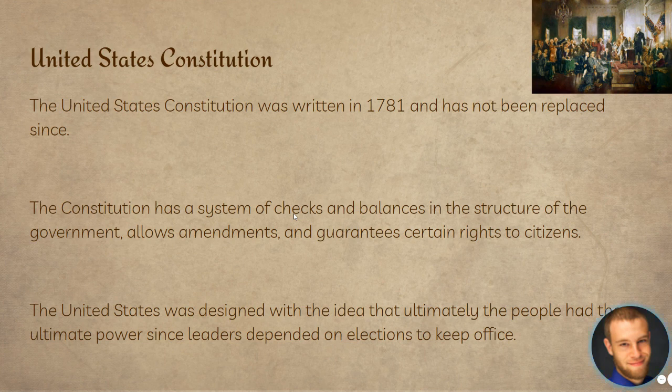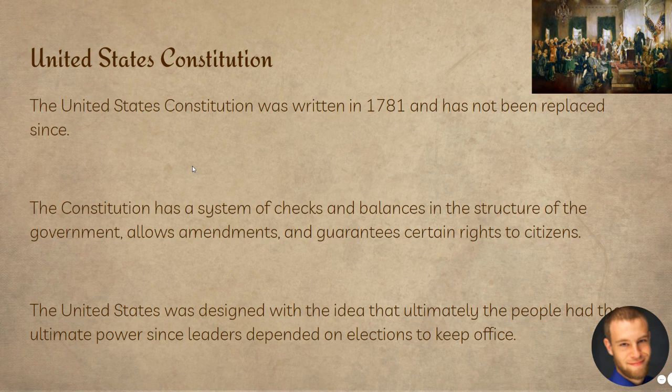The United States was designed with the idea that ultimately the people had the ultimate power, since leaders depended on elections to keep office. And that's held for the most part true. There's always problems with governments and systems, but for the most part, the Constitution as written has held up. Obviously, the United States has changed its Constitution 27 times. Because we needed to change it, and it's probably going to get changed again. But overall, it has maintained a functioning government